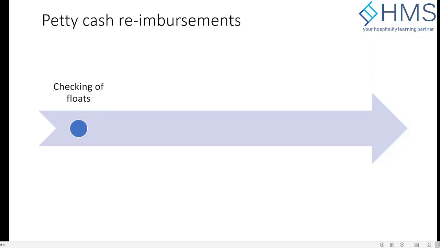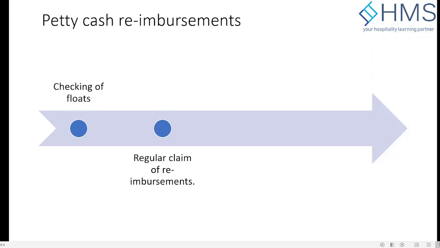from the hotel. Because if you are giving a float to somebody, they can use it for their personal use, and they can put any invoice into the billing, so that when the income audit is checking, they see there is an invoice which is paid, so the money is not there. So that is one reconciliation. But then the question normally is how old it is, so that you can make sure that the invoice placed against the use of the cash is genuine and is for the hotel purpose. That's an important aspect in petty cash.